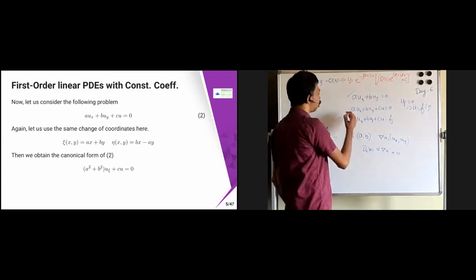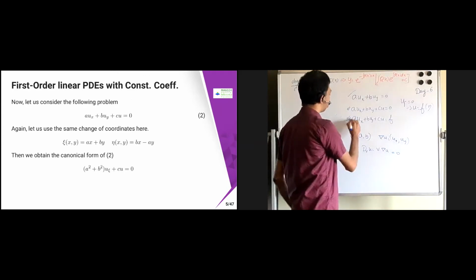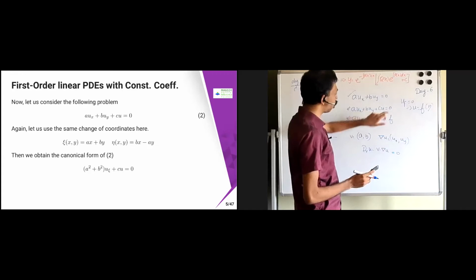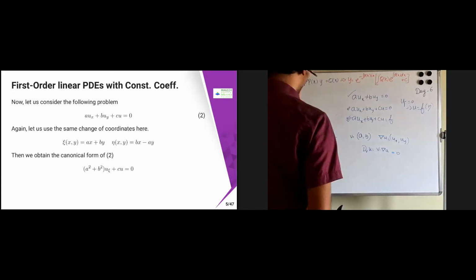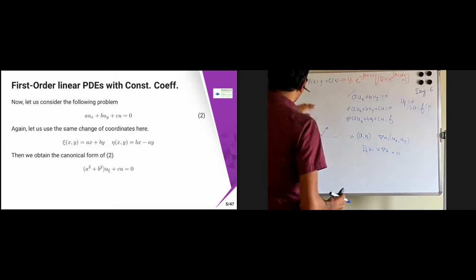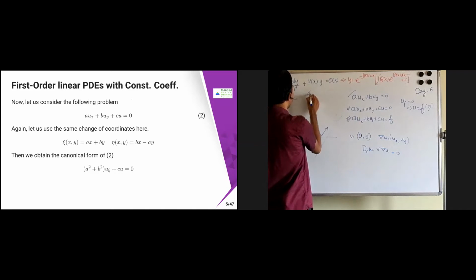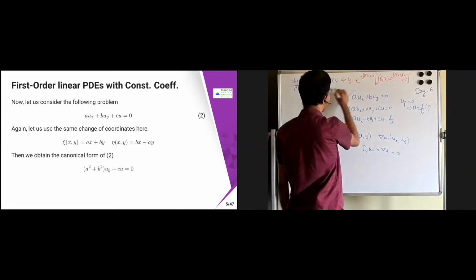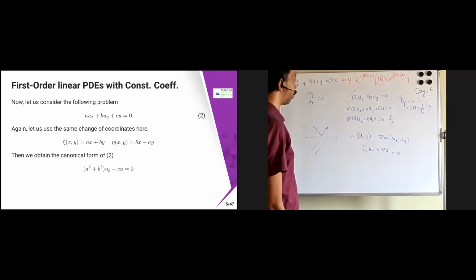Now I just introduce two complexities here. I just put c equal to 0 and c equal to f. Now what I'm trying to do is, can I convert that into this form? The first one, what I did was, I tried to convert that into dy by dx equal to 0 format. Then the corresponding equation, I just got u equal to f of eta.